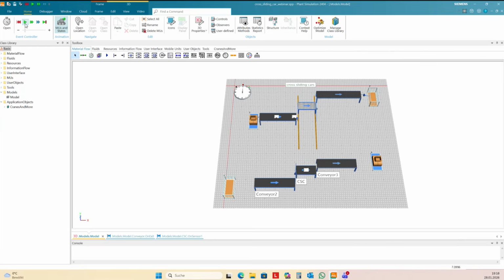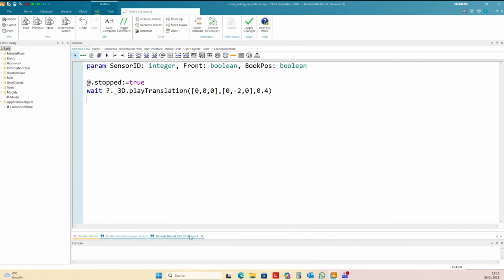So once it's in the mid, it moves the complete conveyor 2 meters in Y direction, and then I need to move the part. So I unstop the part, and then I need to wait until the part is on the end or the starting point of this conveyor. And this I can do with rest blocked.